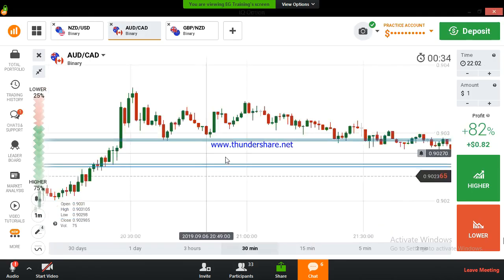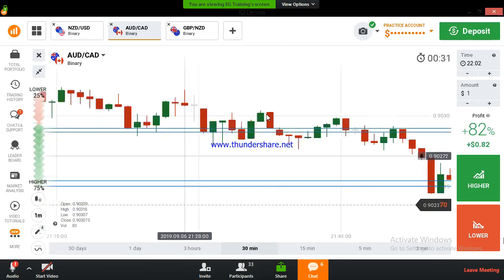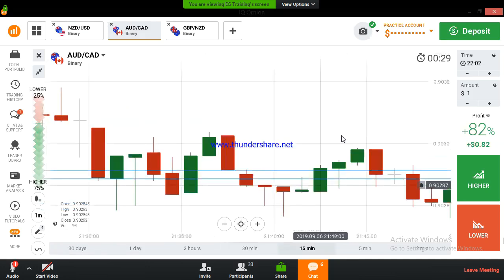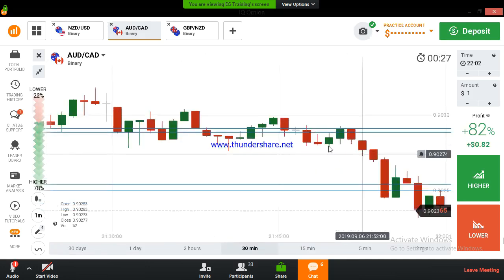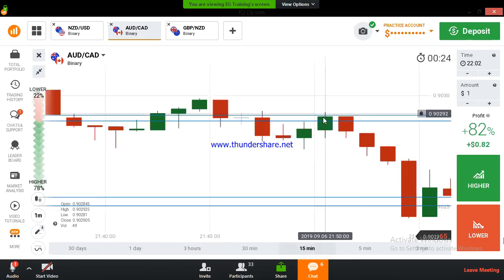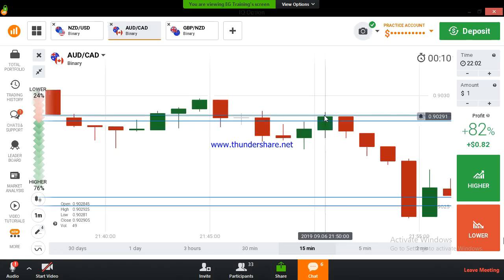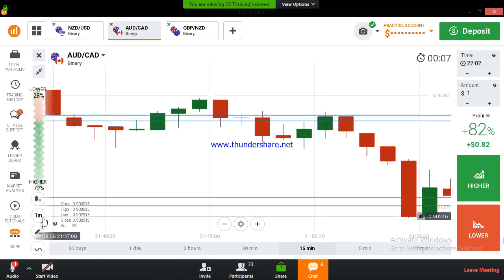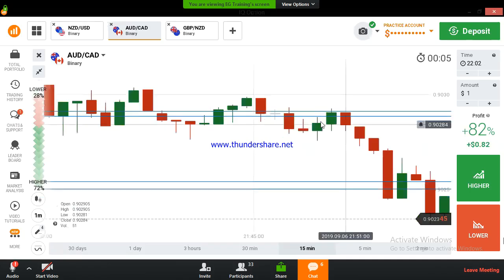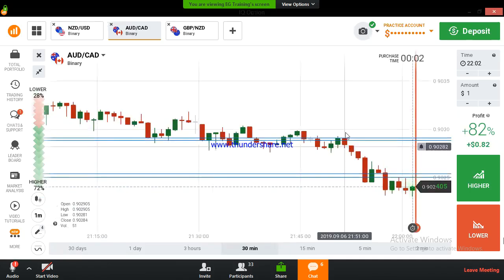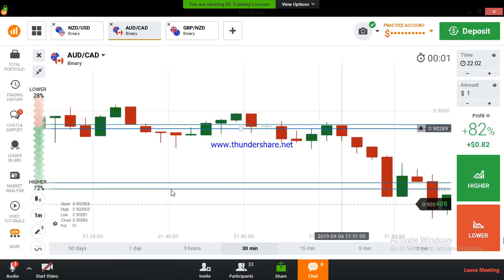Here the trend is a downtrend. There is a breakout. Here also there is a breakout candlestick. But here the candle closed between these two lines below this level. If the candle closes below this level, it's not a matter. You can place your trade. But here the candle broke the level. This is a level, and the candle couldn't break this level. On the next candle, in the direction of the trend, you can place your trade here if you get any confirmation.